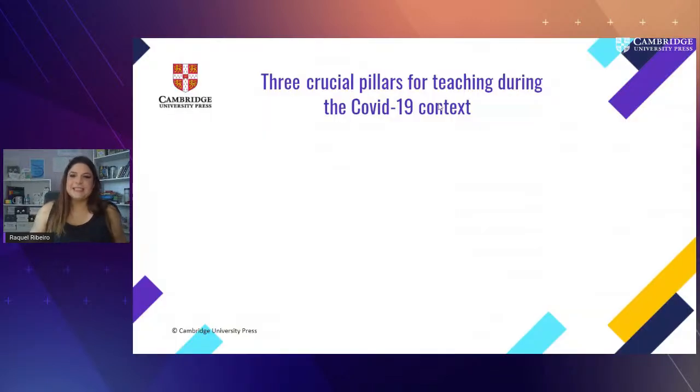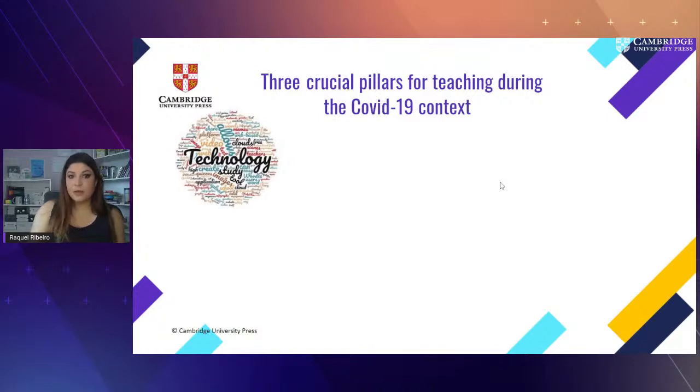Very well. So the three crucial pillars for teaching during the COVID-19 context, obviously technology. And I'm glad to see that what used to be the before COVID-19 context, that used to be a kind of a divide, the tech-savvy teachers and the teachers who would understand just a little bit and the teachers who would run away from technology and feel that they were not able to cope with.